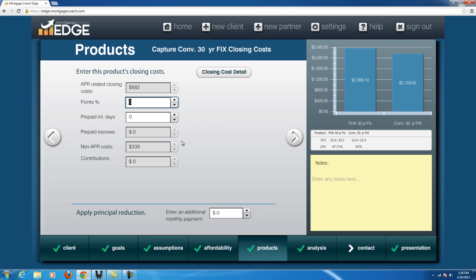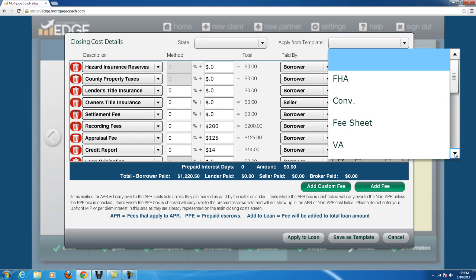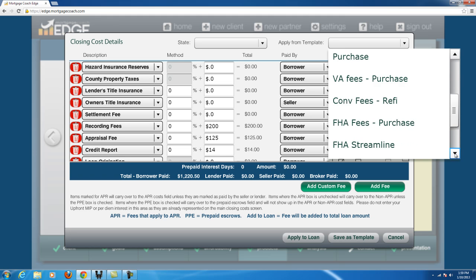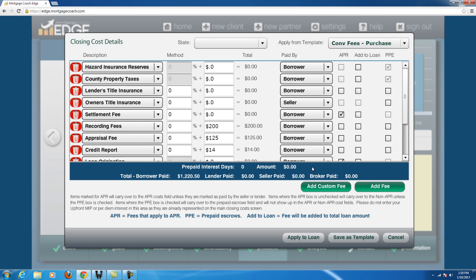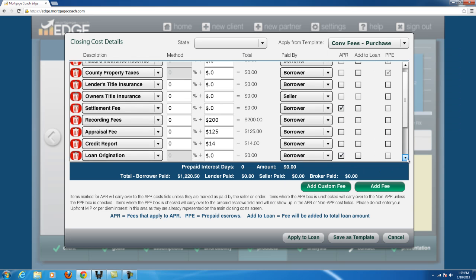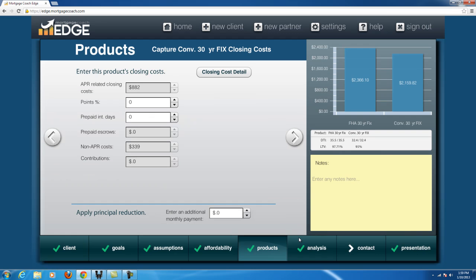Our closing cost fee sheet, once again, you can bulk this up into one of two ways and add all your fees in there, or you can go with your fee sheets here and look for the fee sheet that you're going to use on this conventional purchase. Once we make sure all our fees are set in there, if we had to make any changes, we can do so. We could add more fees, we can add custom fees. Once we're complete with that, we can click Apply to Loan. Moving forward,